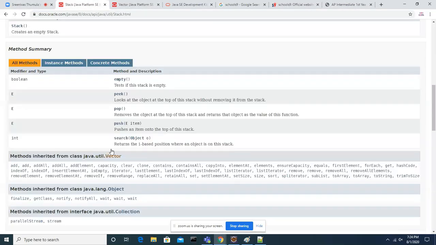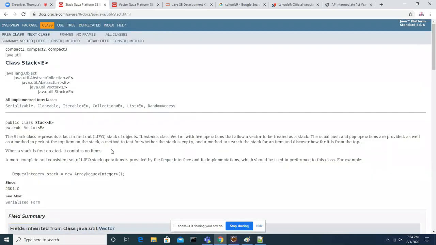Vector and ArrayList are both the same, but the only difference is that Vector is synchronized and ArrayList is not synchronized. That means if multiple threads are working on Vector methods, the add method or any method, it won't allow them at a time, because it is synchronized.